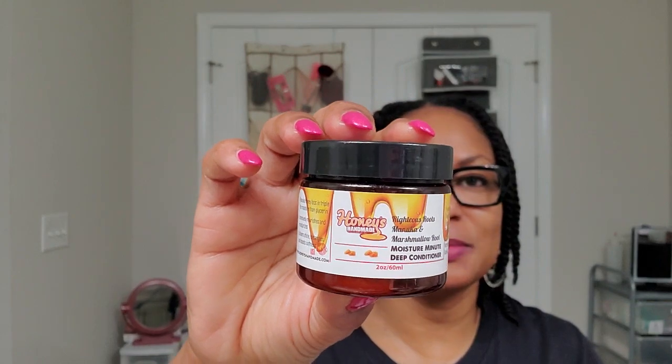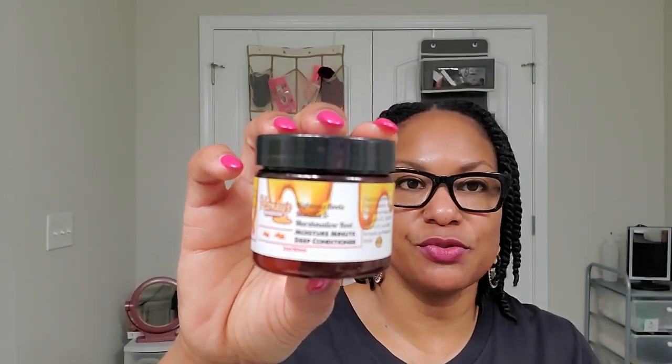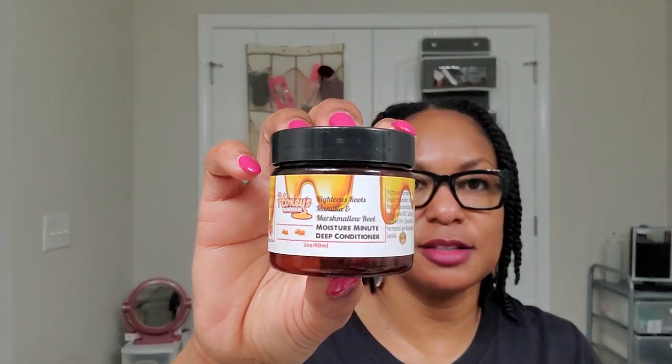Here's the Righteous Roots Moisture and Marshmallow Root, one of those minute deep conditioners from Honey's Handmade. So we talked about these before. This was very good. Again, the consistency of it is so